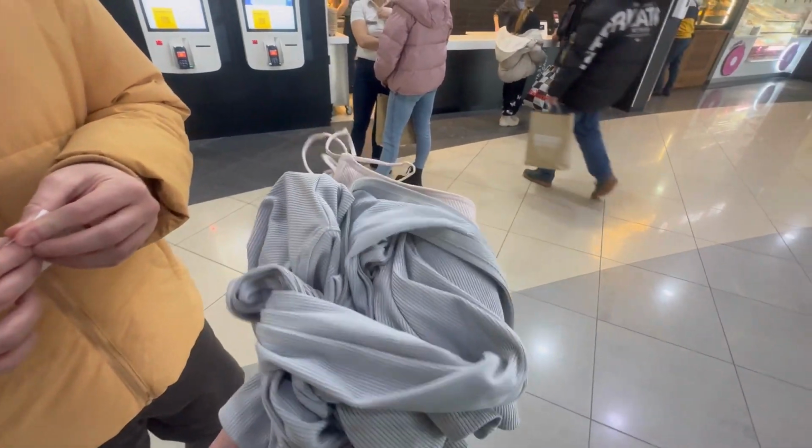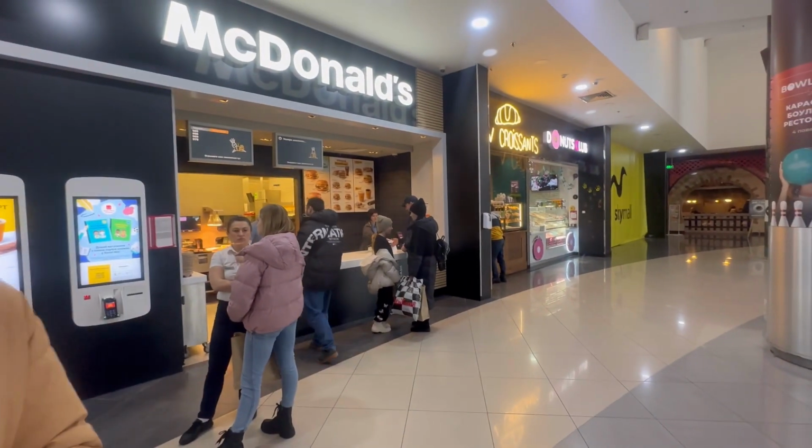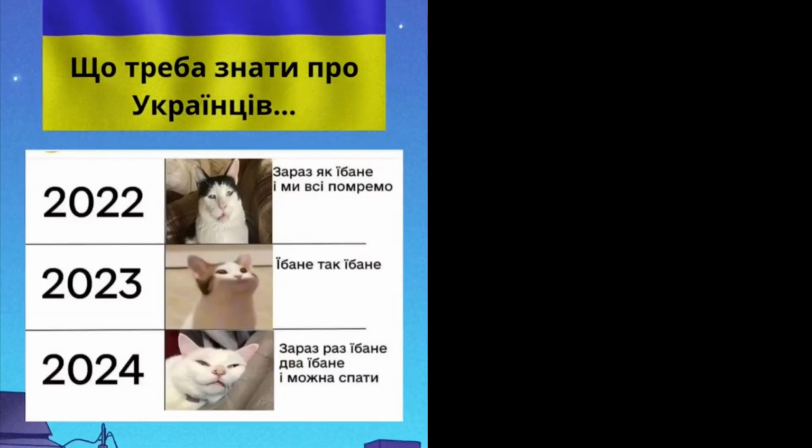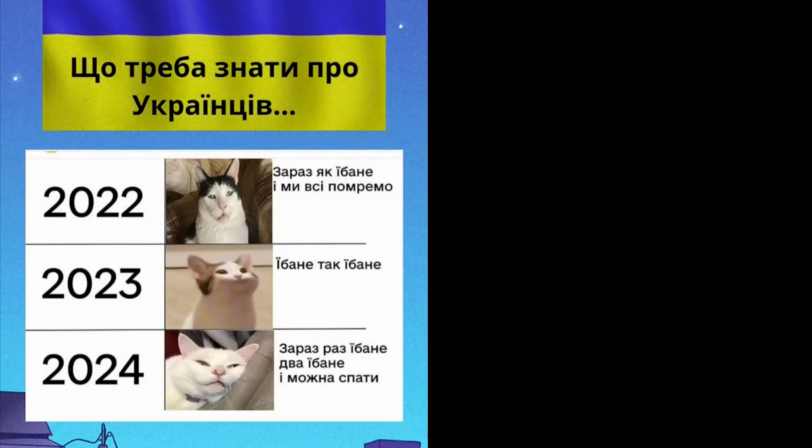By the way, in Ukraine we now have a meme about Ukrainians. In 2020 we thought that nowadays, like yibane, it's an obscene word. It means that if a missile hits, we will all die. In 2023 we accepted that it will be as it will be, and now in this year we are just waiting for the missiles to fly over several times and we can continue to sleep. Let me know in the comments whether you get the joke or not,